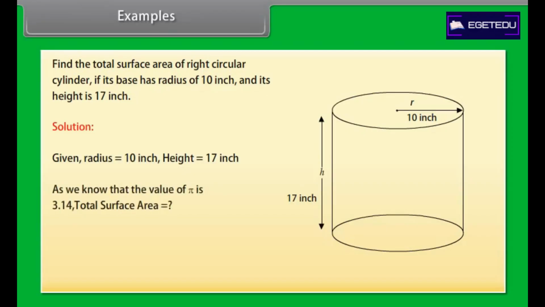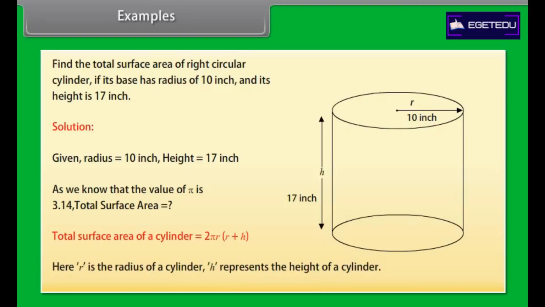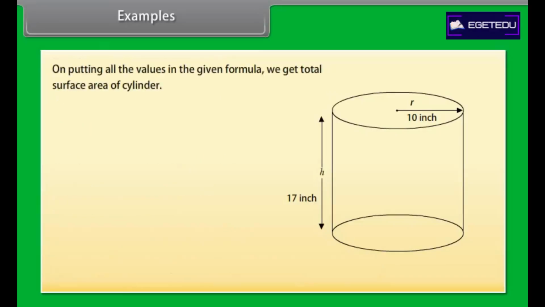This is equal to 2 pi r square plus 2 pi r h, which is equal to 2 pi r into (r plus h), where h is the height of the cylinder and r its radius. Example: find the total surface area of a right circular cylinder if its base has a radius of 10 inches and its height is 17 inches. Solution: radius is equal to 10 inch and height is equal to 17 inch, which is